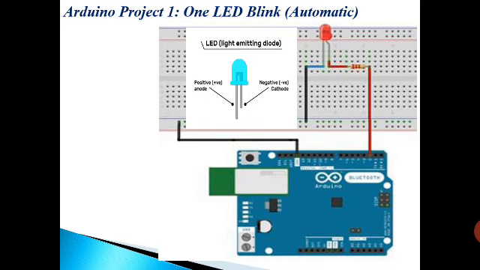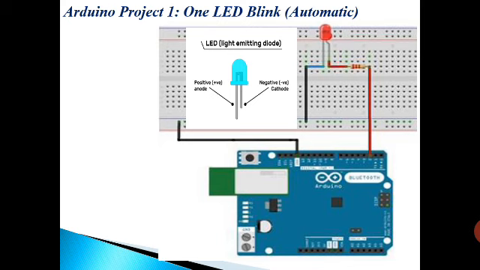So negative in general is permanently connected with the negative of the battery, that is nothing but the ground point that we have on this Arduino board. So you can see on the Arduino board we have the ground points. We have already discussed in the previous class, 3 ground points we have. So whenever we are doing anything with the LED in an Arduino project, just connect the negative of the LED with the ground of the Arduino, and the positive will be connected with any of the pins of the Arduino, and that pin we can decide, and that must be a digital pin of the Arduino, because we understood the LED will go on and off, so we are going for the digital values.